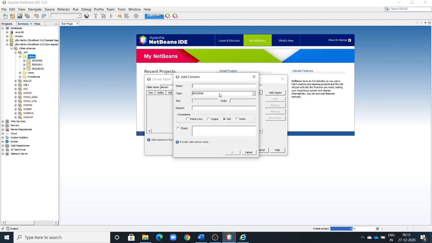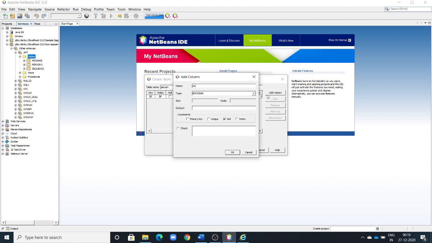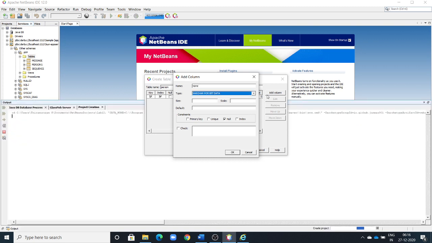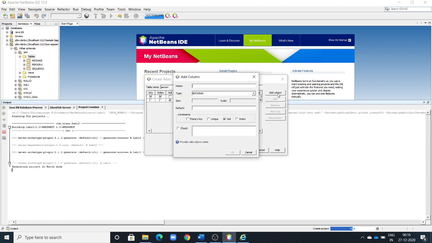Person, and the first column is ID person, the type is integer, and it is primary. That will make the constraint a primary key. It is unique. We cannot give the same ID to two different persons. That is the reason I selected primary key and the unique option. Okay, click OK. Now the second column is name, as mentioned in the lab steps. Its type is varchar, and the size is 40 as I mentioned before. And the third one is email. Please note down, don't change the letters or the name, it will create problems. Varchar, and the email size is 50.